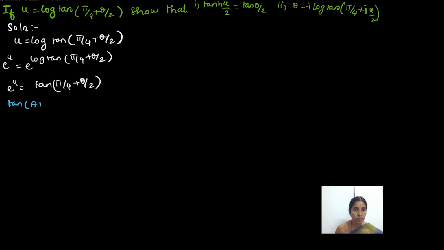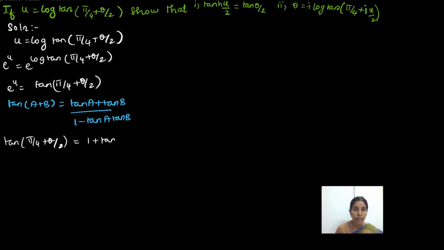tan(a plus b) equals tan a plus tan b, the whole thing divided by 1 minus tan a tan b. Here you have to take a equal to pi by 4 and b equal to theta by 2. So substitute this value in the above formula. tan(pi by 4 plus theta by 2) equals tan pi by 4, whose value is 1, plus tan theta by 2, divided by 1 minus tan pi by 4, whose value is 1,